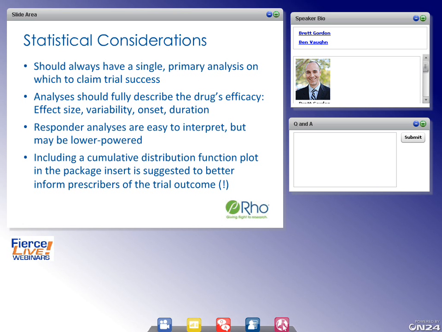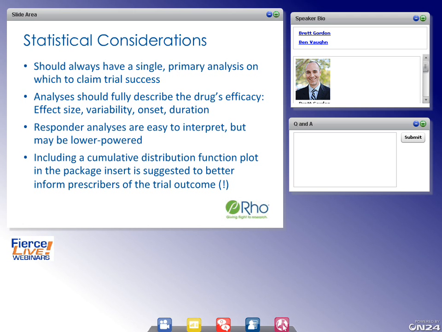I do not agree with this. I spent about 3 months last year helping a sponsor prep for an advisory committee meeting where the primary outcome was a CDF-based analysis, and these were very bright people, and it was very difficult to wrap your head around a CDF. As a package insert for physicians or patients, it can be informative, but it's difficult to interpret. What it does is show, for a given improvement, what percentage of subjects had that improvement. But it involves looking across one axis, tracing up to a line, and seeing where that intersects with the other axis. And it can be a little confusing,